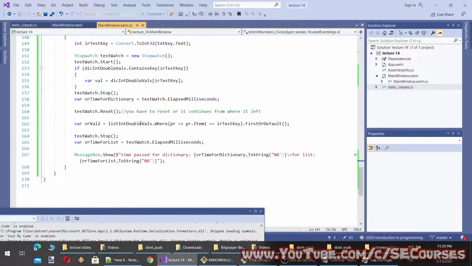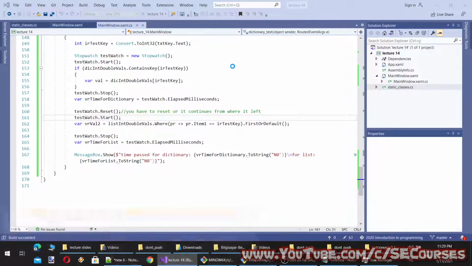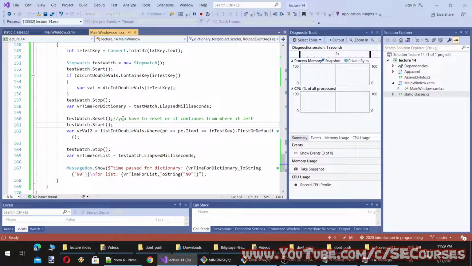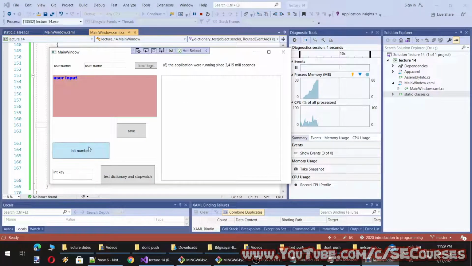Because after we reset it, we didn't start it again. Okay, so I have to start it. It was already too fast, but I can now see. Okay, after the reset, I have to restart it again.